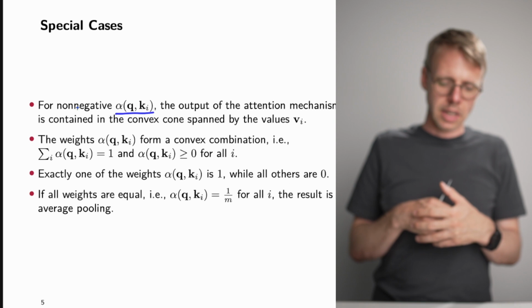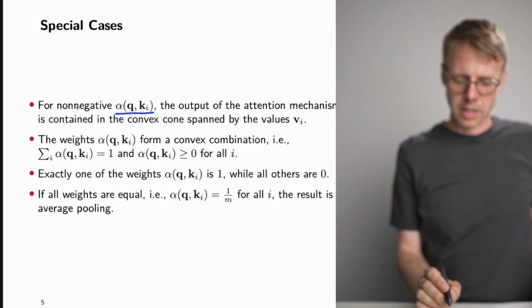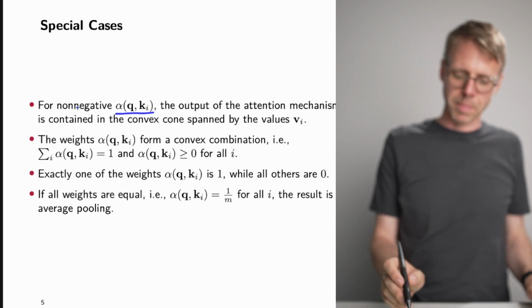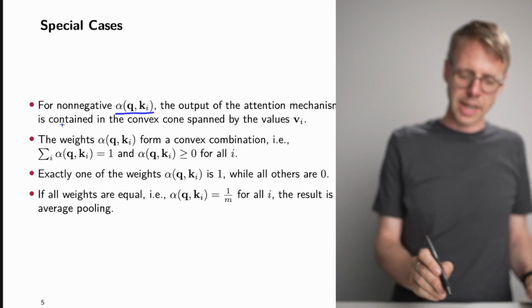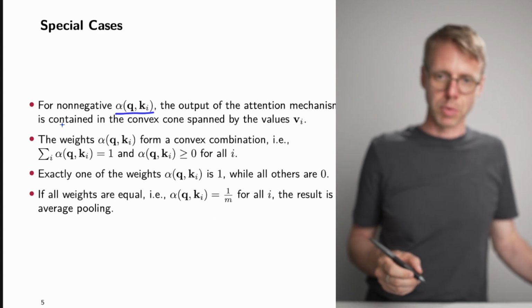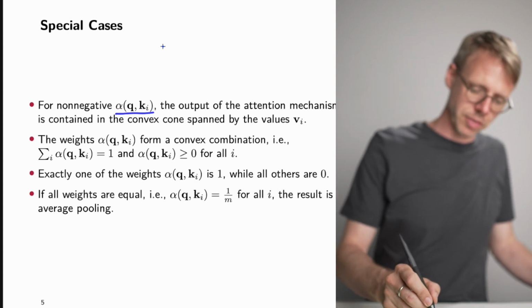And if they are non-negative, then this weighted sum is basically contained in what we call the convex cone spanned by the values v_i. What is a convex cone? Well, if